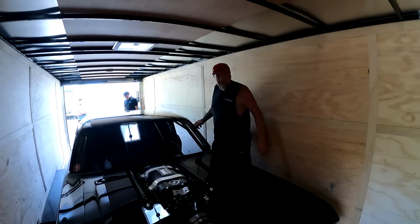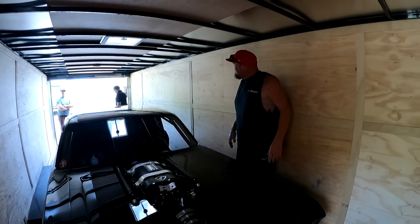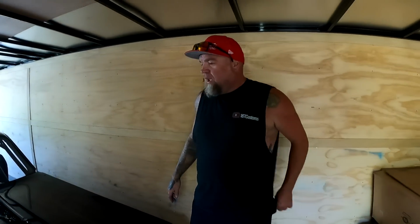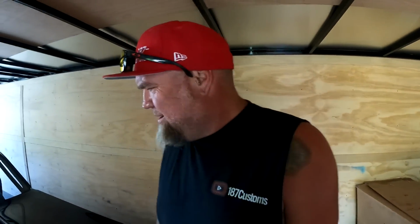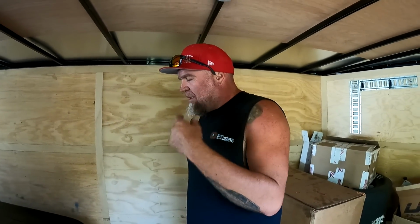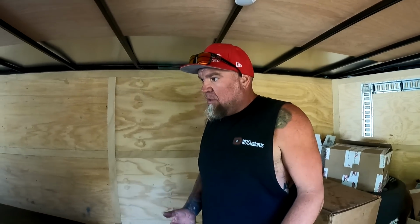Only other thing that we need to do is get an air pump because I brought a bladder. Yeah, these trailers suck, man. You excited? This one actually looks better hanging out than the other one does. Maybe it's just the shiny black. The chassis may not be nicer than what the OG is, but